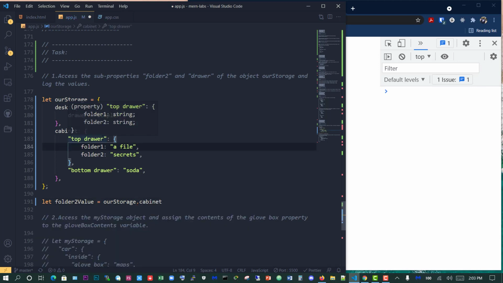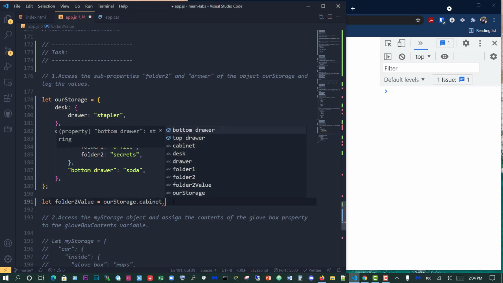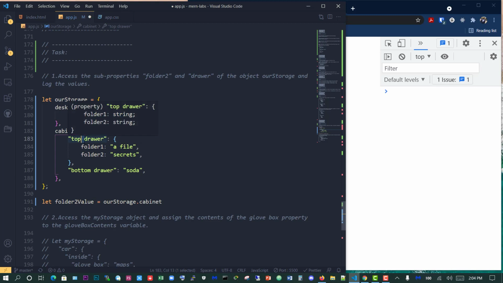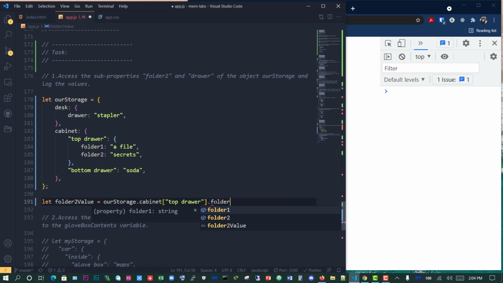So then within the cabinet we have two properties, top drawer, which has objects, and we have the second drawer which has a string. So we're going to select the top drawer. Now why can't we use dot? Because we have a space between the two words here that is used for the property. So we're going to take the entire string and put that in bracket notation, and we'll paste that there. So top drawer, and then we need to now access the property folder 2. So we'll come here and say folder 2,